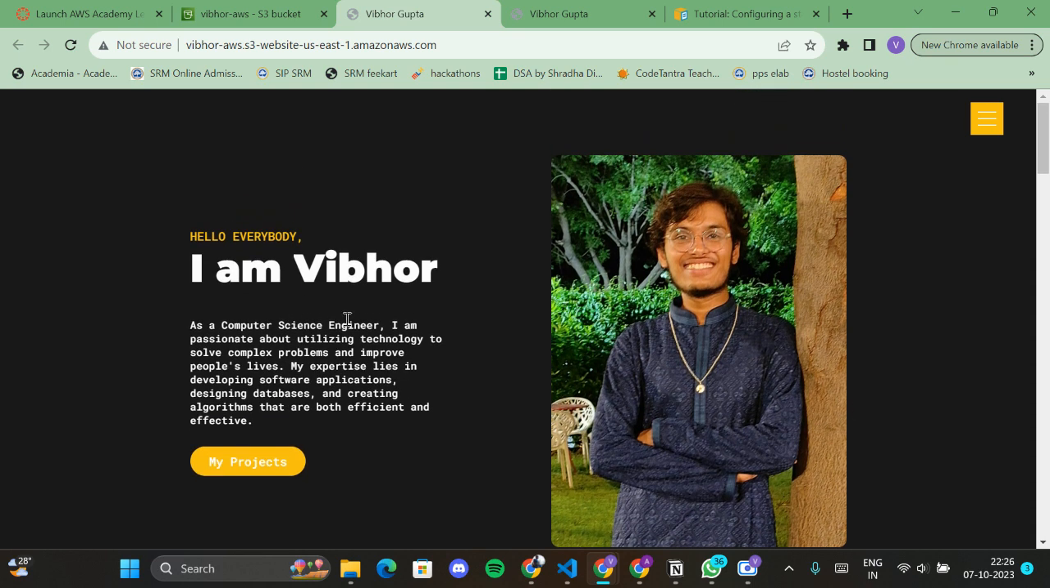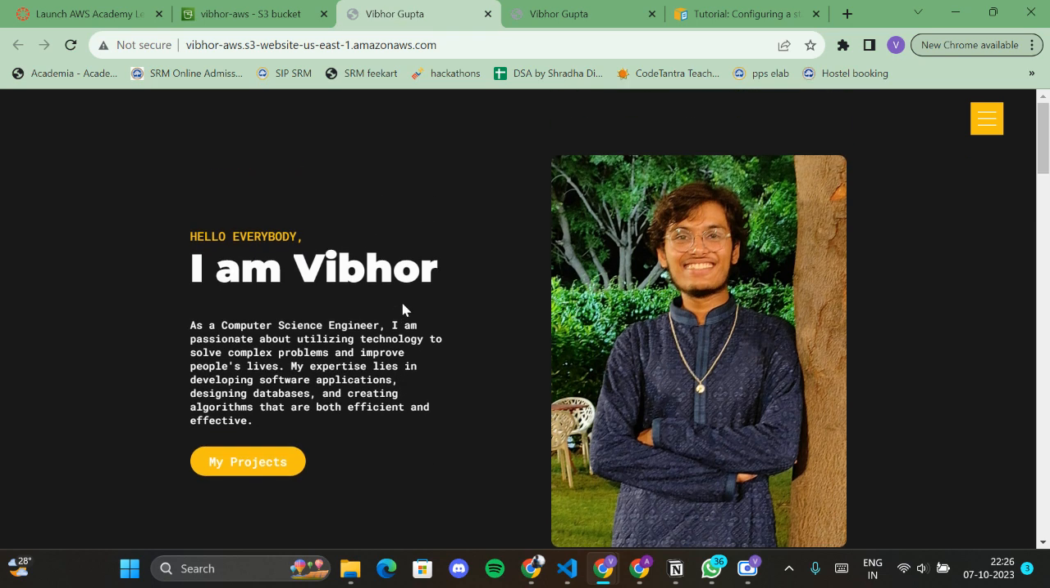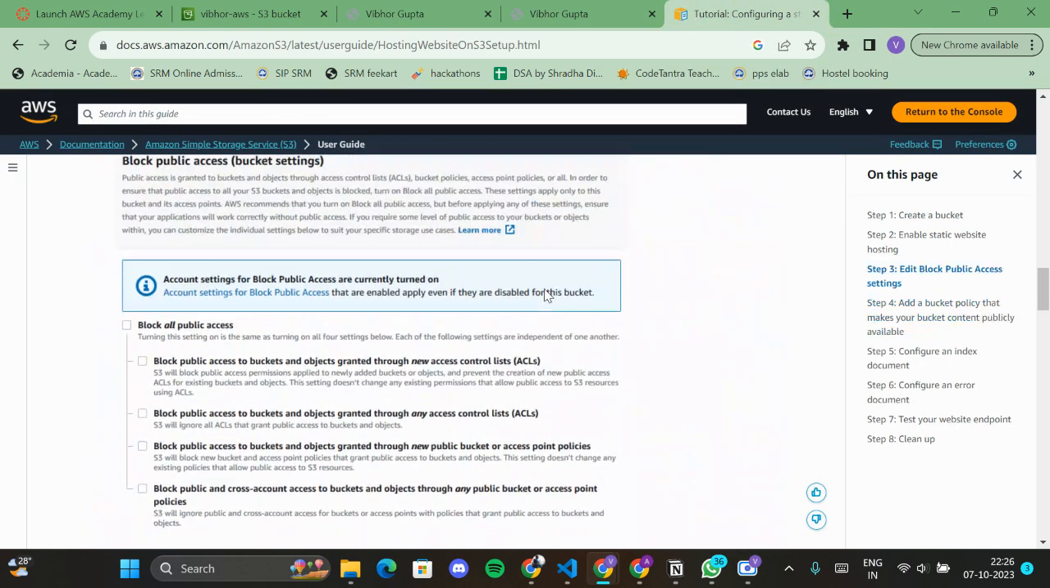We have successfully hosted the website on Amazon S3. For references, I have used this AWS documentation over here. This link I have used, AWS